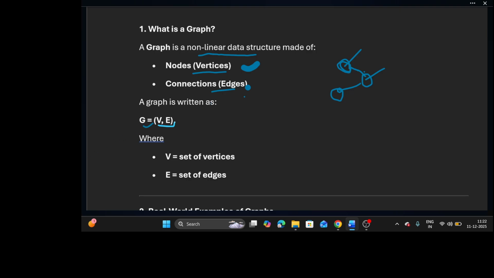A graph is written as G equal to (V, E), vertices and edges, where V is a set of vertices and E is a set of edges. Okay, so now